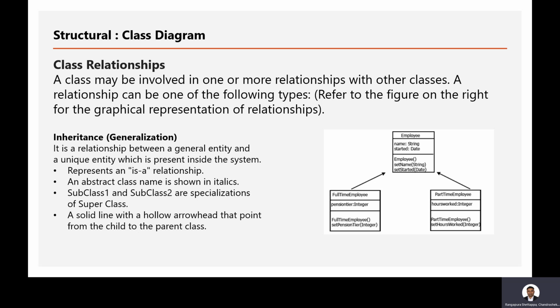Let's understand a relation. For example, employee is a general class or a parent class which has a name and start date. So these are the properties. The derived classes are full-time employee and part-time employee. Any employee can become either a full-time or part-time employee, right? Both of them have the name. Both employees have the start date. Both employees have the functionalities implemented. And they can have additional things like set time, how many work hours they work. These types of properties are specific.